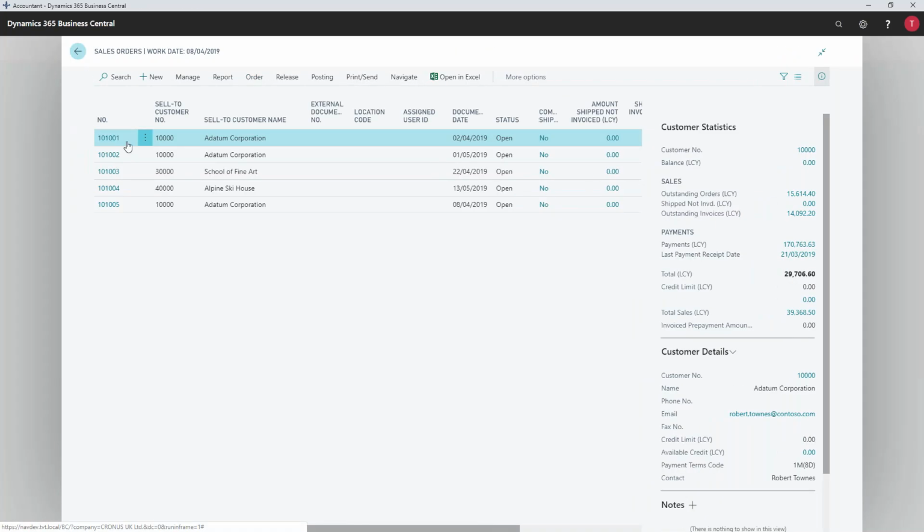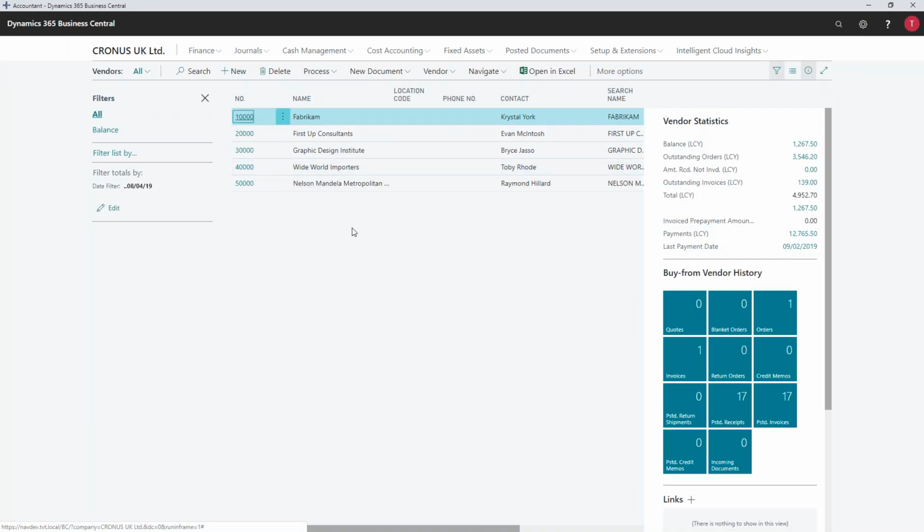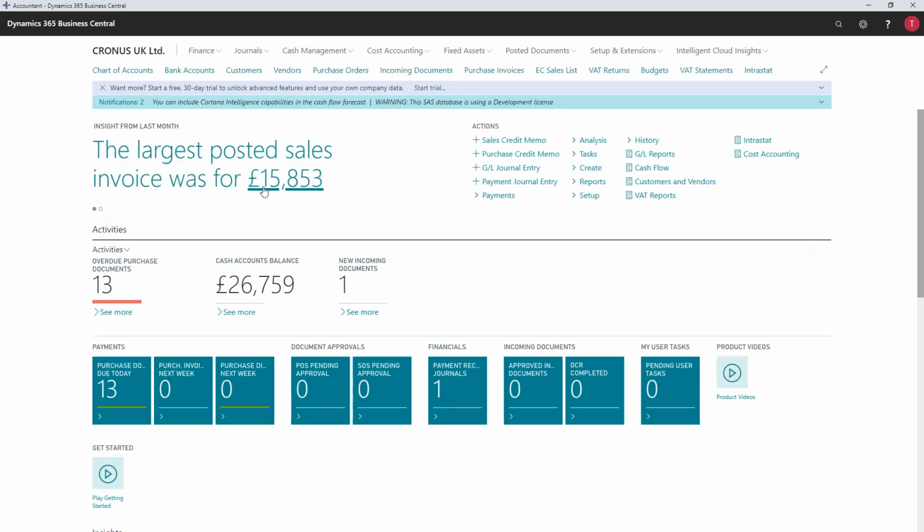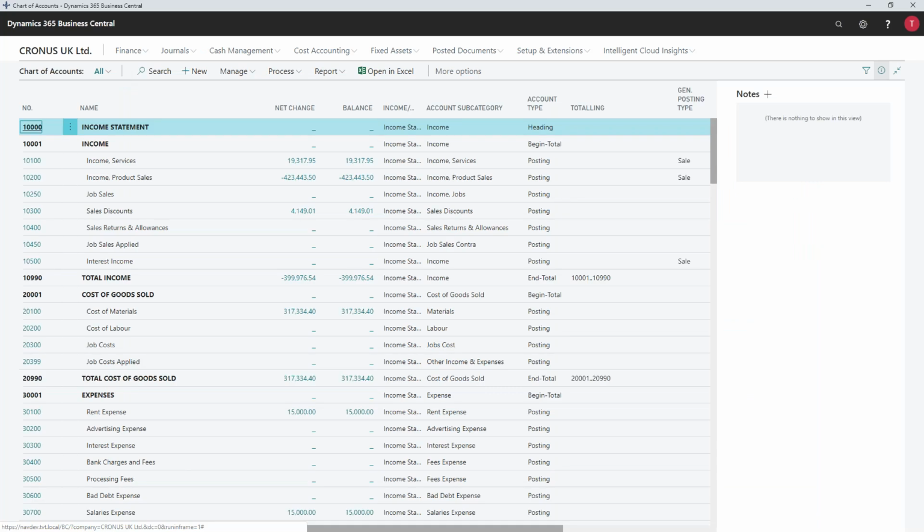Another really nice feature, quite a few of our clients in the past have asked us even to customize this to make this possible. Now it's available by default. If we go and look at our general ledger entries, we can do this by drilling down into the entries on the general ledger. We could have searched for general ledger entries up here. Let's just go and have a look at